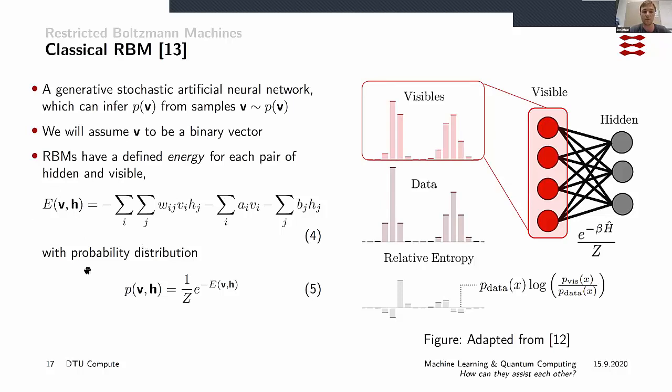But it turns out that the probability distribution, which is the same as saying the probability of observing exactly this combination of V's and H's, can be written with respect to this energy function right here. And I want you to pay close attention to this equation right here, because we're going to see something very similar soon on how we can actually use a quantum computer to make a distribution that looks somewhat like this. The Z right here is a normalization factor such that this probability distribution integrates to 1. But just keep in mind this form right here.